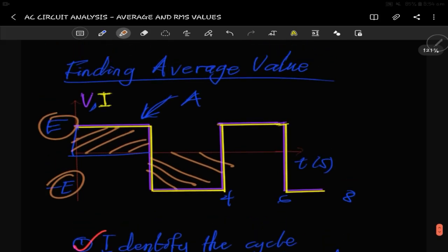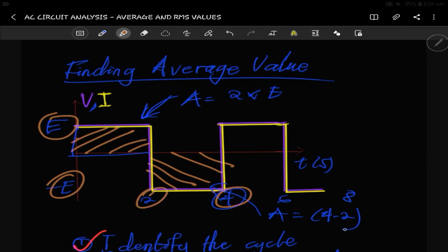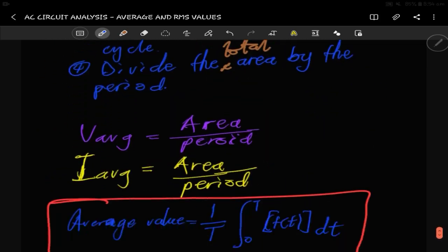Right? So let's see. This one right here, the area, will be length, which here was 2, right? That will be 2 times E. And the area right here, this one, will give us length, which is 4 minus 2, because this 4 minus this 2 gives us a 2, right? And then times the width. The width is the negative E that we're having, right? So basically, our total area